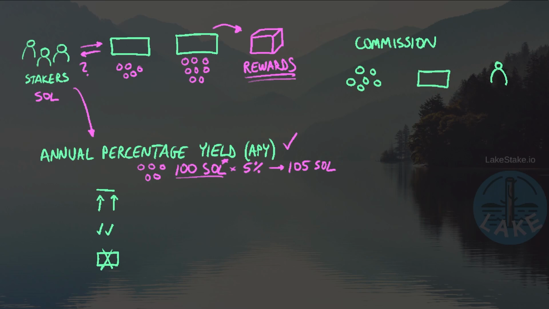Now, different validators are going to offer different APY amounts. We might have one validator with a 5% APY and another validator with 6% APY. But why would different validators have different APYs? And that's going to certainly impact stakers in trying to decide which validator to stake on. And so naturally, every validator wants to have as high of an APY as possible. Well, the APY is going to be based on proper network participation. The more a validator participates in the network, the higher the APY is going to be.